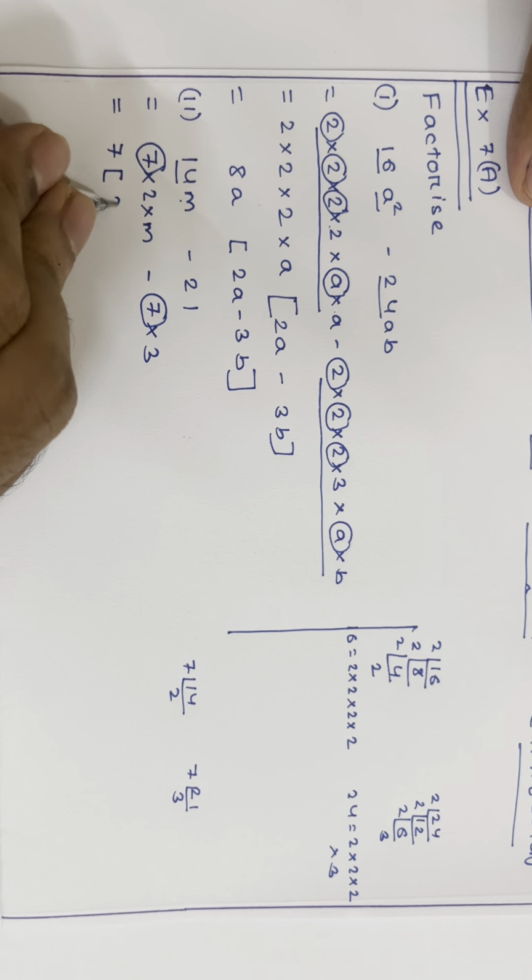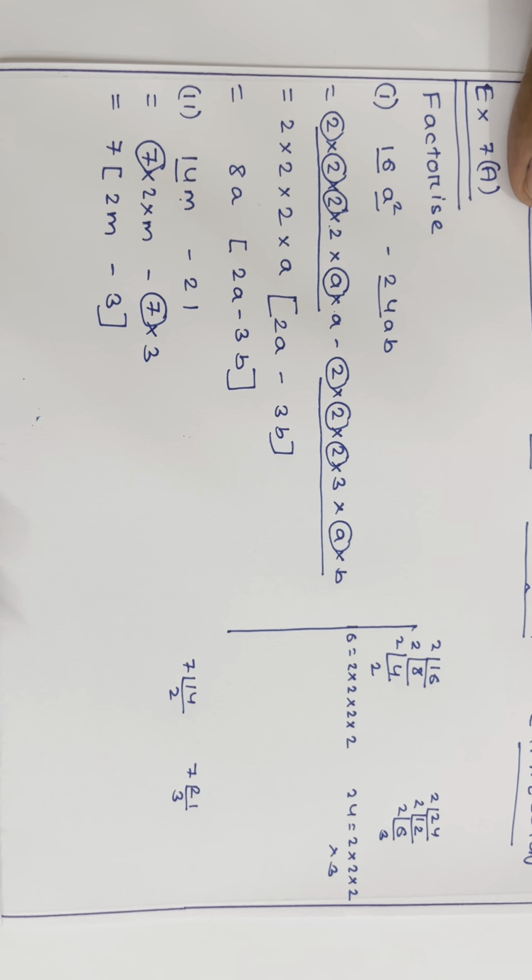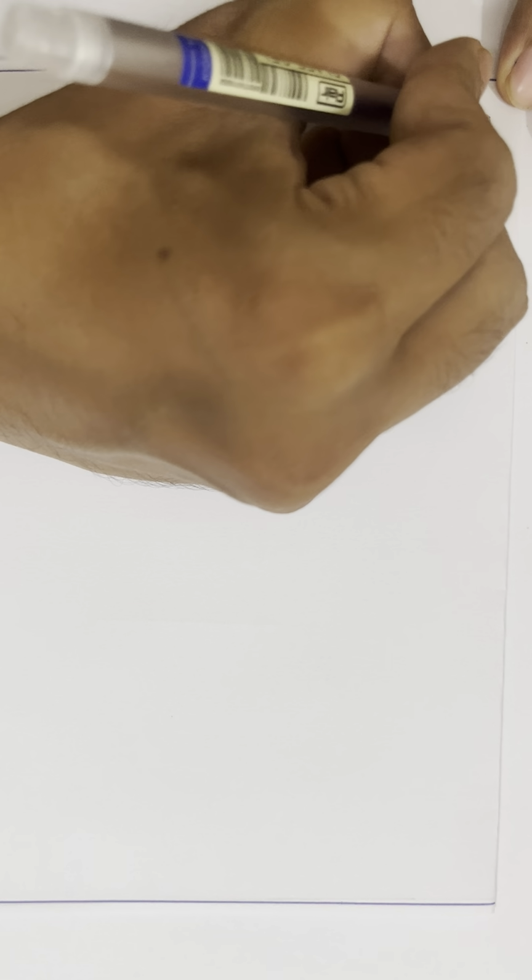Here what will be left? 2m will be left, minus 3 you will write. So it will be 7 you take common, 2m minus 3. So in this way you can do the second question also. Now let's do the third question. In the third question, we have